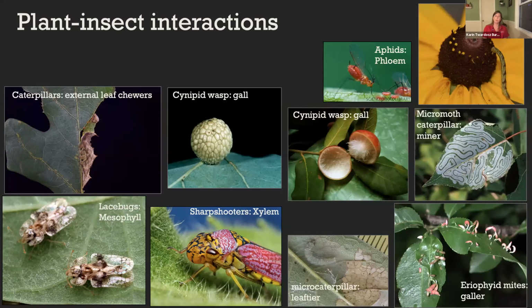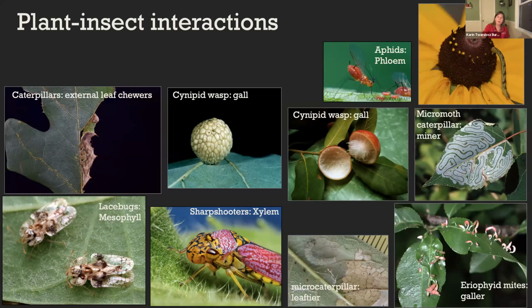This is probably because by the end of my undergraduate, I became really fascinated by the idea that plants aren't just sitting there as sort of static creatures on the landscape, but they're actively responding to the insects that are feeding on them, inducing defenses, trying to avoid being eaten. And then on the flip side, the herbivores are actively trying to exploit every conceivable plant part that you can imagine.